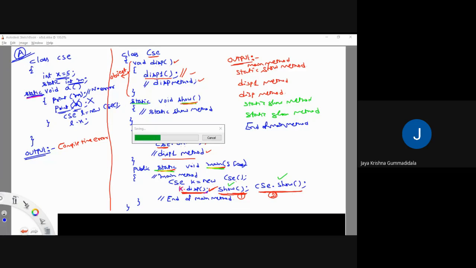Okay, this is all about the instance methods and static methods and how to access a static method inside the class, outside the class, as well as an instance method outside the class and inside the class. Okay, now if you have any doubts, you can ask right now, or else